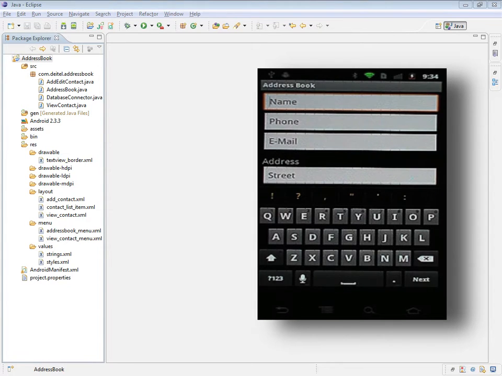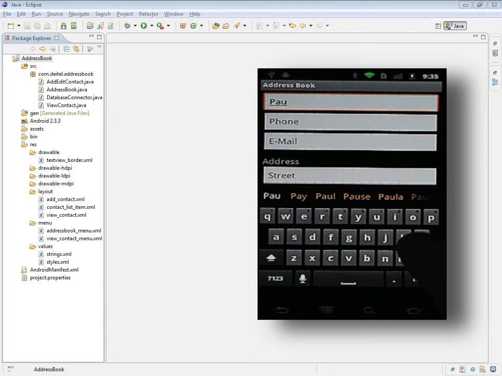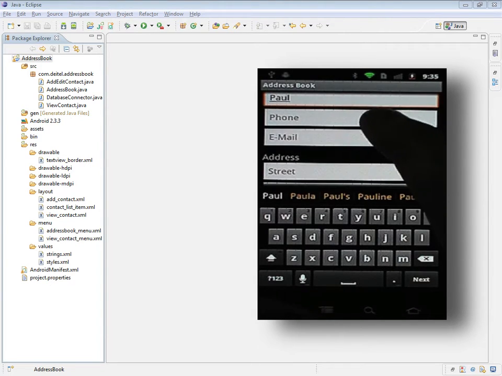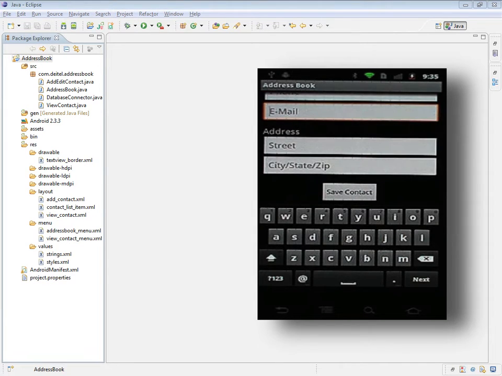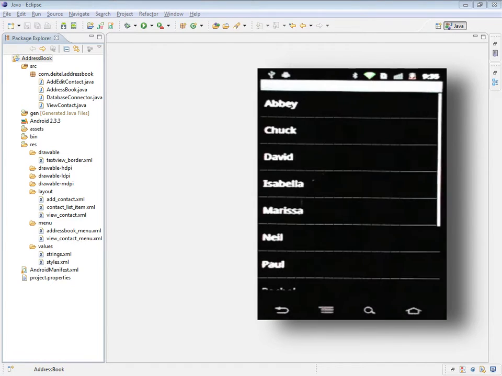So let's say I want to add a contact called Paul, so I'll type Paul here. And of course I could go through and type the rest of the information. You can see here we're asking for a name, a phone number, an email address, an address, and city, state, zip. And then we can hit the Save Contact button to save this. If we wanted to cancel out of this, we could simply hit the back button on the device. So let me go ahead and hit Save Contact, and now you can see the new contact has been added